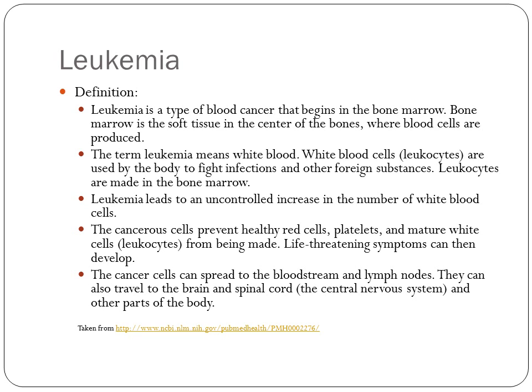And one would think that that might not necessarily be a bad thing. If you have an excess amount of white blood cells, wouldn't that mean you're better able to fight infection? And actually quite the opposite is true. These cancerous cells actually prevent not only healthy red blood cells and platelets from being produced, but also prevent mature white blood cells from being made. So this large number of immature white cells is actually detrimental to the patient, and they're not capable of fighting infection. So even though the white cells are high, these folks are at a huge risk for infection. And they may have some life-threatening symptoms that are a result of this